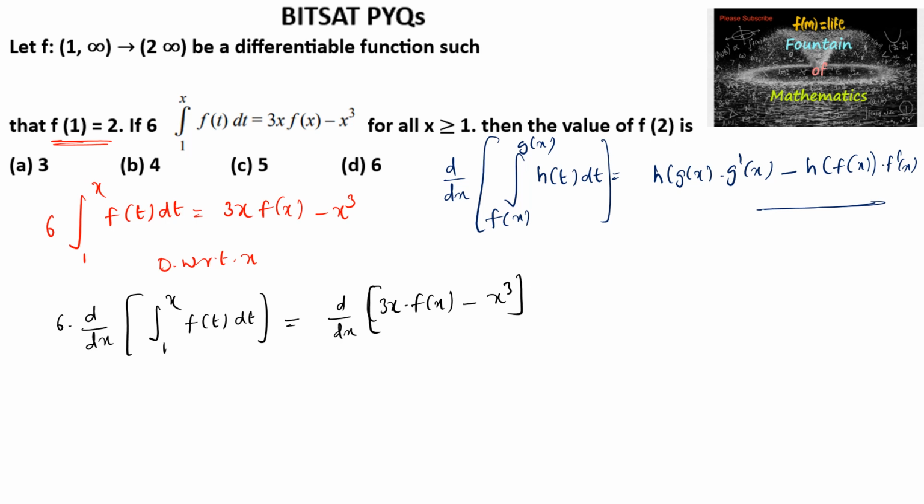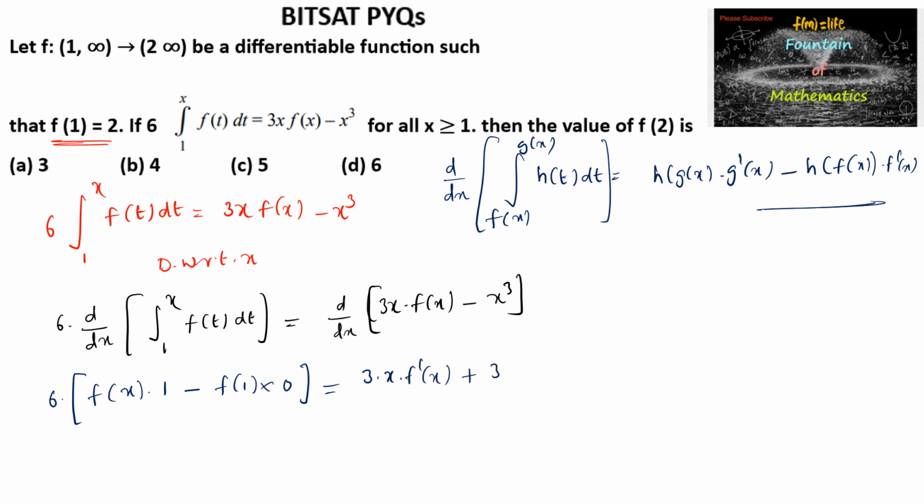So that we can write here differentiation of integral. So 6 times f of x into differentiation of x is 1 minus f of 1 into differentiation of 1 is 0, which is equal to, and here differentiation UV rule, 3 times x into f dash of x